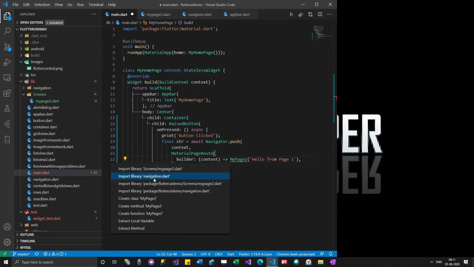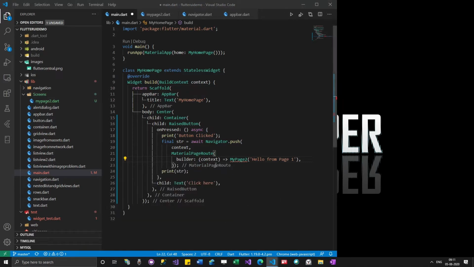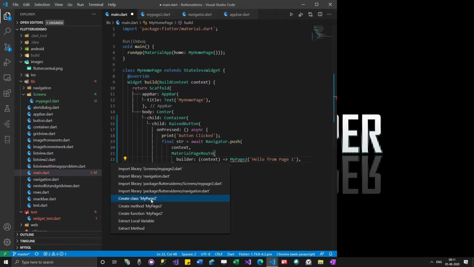This is one option. The navigation dot dart option is not something related to us. Then you can see import library package flutter UI demo screens my page 2 dot dart. Let me select this one. I can select the top one as well as the third one.